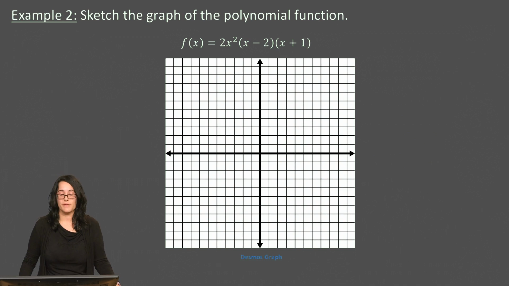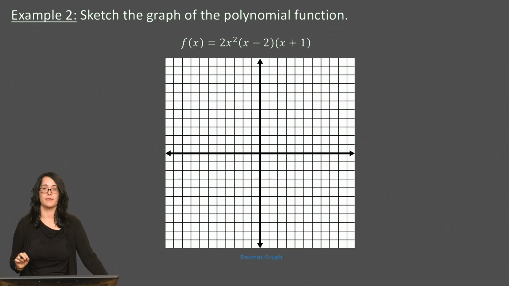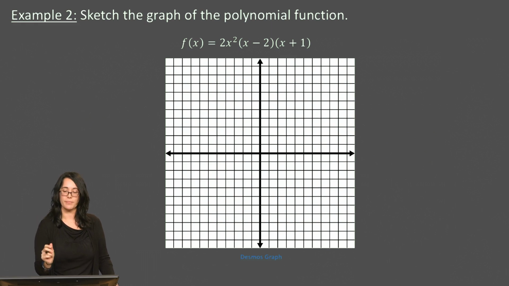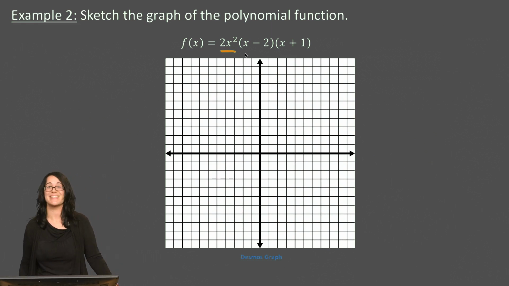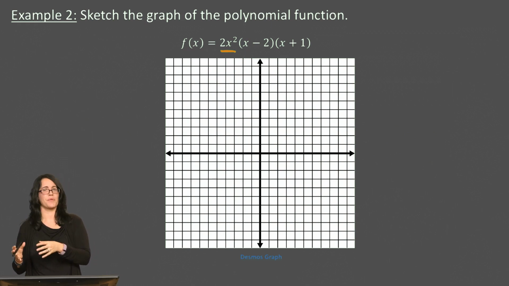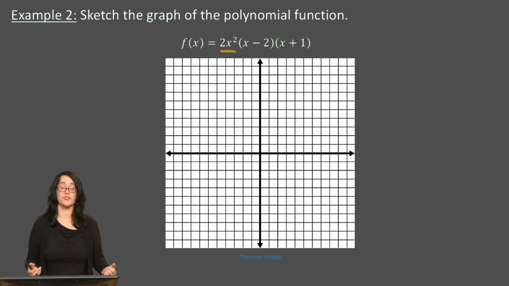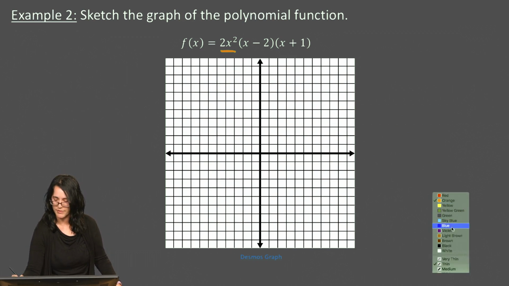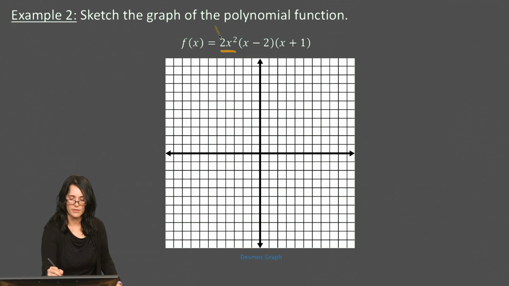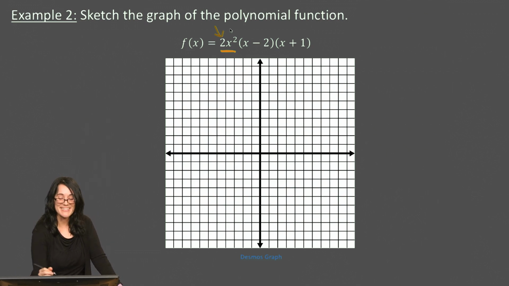In example 2 here, the official example 2, it says, please sketch the graph of this polynomial function. Again, it's in factored form, but there is a little bit of a difference here. Notice here, my first term, or factor rather, is 2x to the second power. Now that's really interesting, because in the past, we would just have a number there, right? You might be thinking, I thought that was my leading coefficient. Why is there an x squared next to it? Good question. In reality, the 2 here is still our leading coefficient. So we have a leading coefficient of 2,